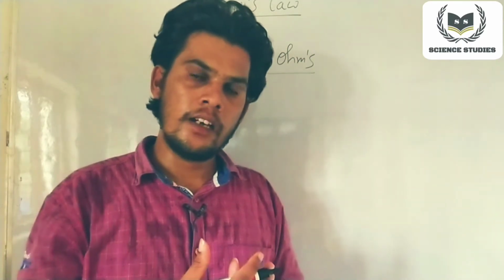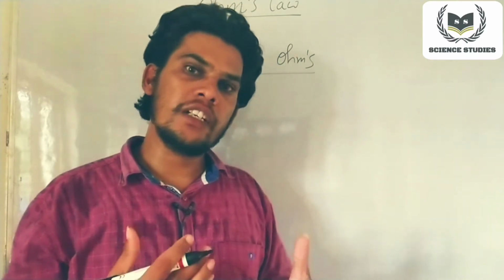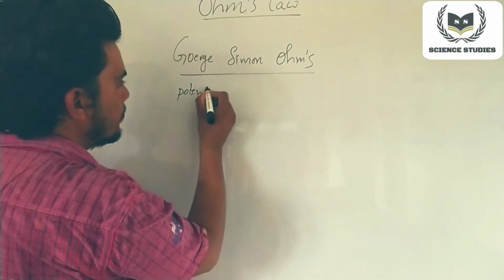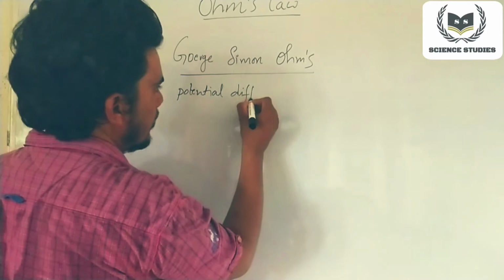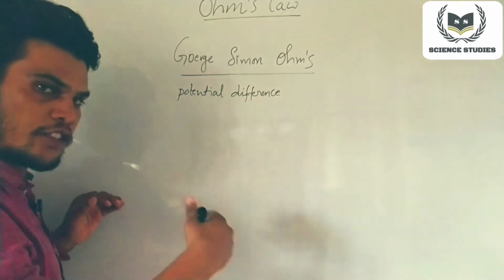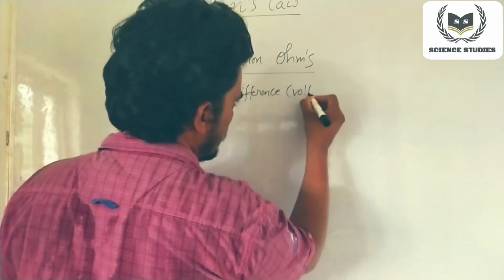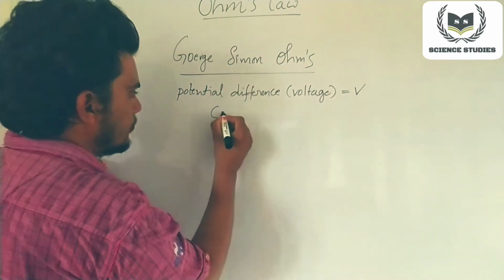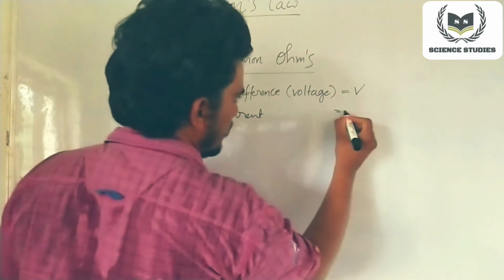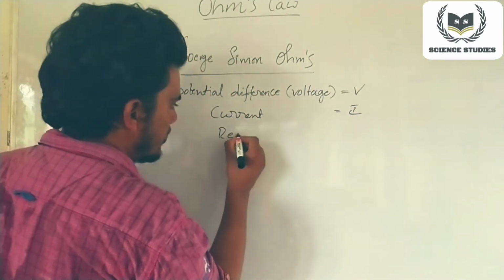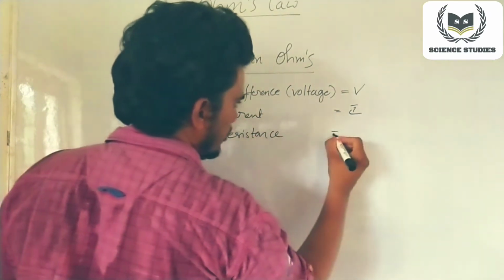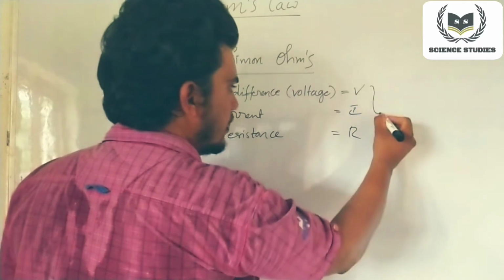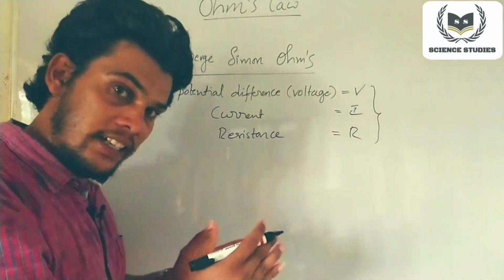What does it explain? Ohm's law explains the relationship between three factors. The first one is potential difference. It is also called voltage, denoted with V, and current, denoted with I, and resistance, denoted with R. Ohm's law explains the relationship between these three factors, that is voltage, current and